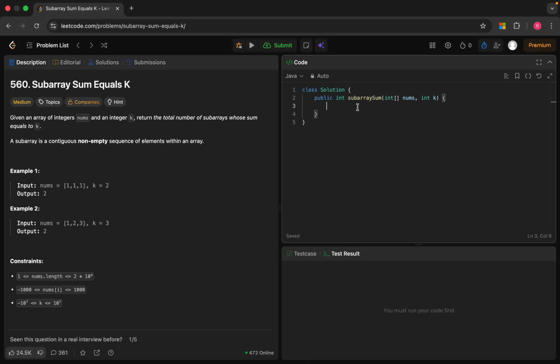So for this, we need a counter variable initialized with 0 to count the number of subarrays having the given sum, and we need to consider all the possible subarrays and calculate their sum. If the sum is equal to k, then we would increment the count. So let's start iterating from i equal to 0 till the end of the array,